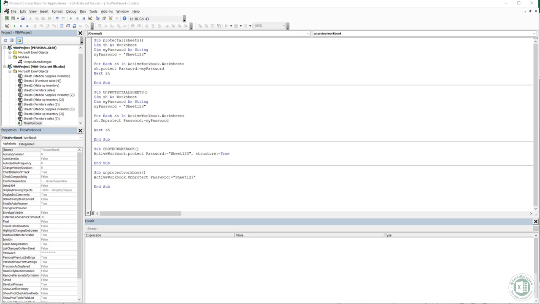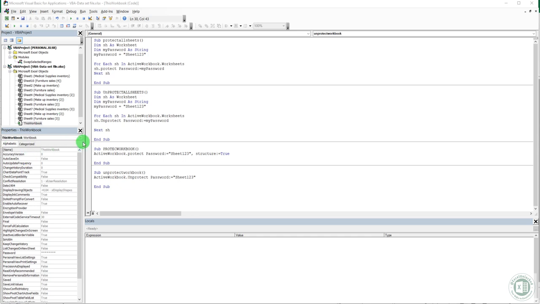So whether you're dealing with sensitive data that needs protection or you just want to streamline your workflow, this VBA code has got you covered. It's a perfect example of how a little bit of VBA can make a big difference in your Excel life.